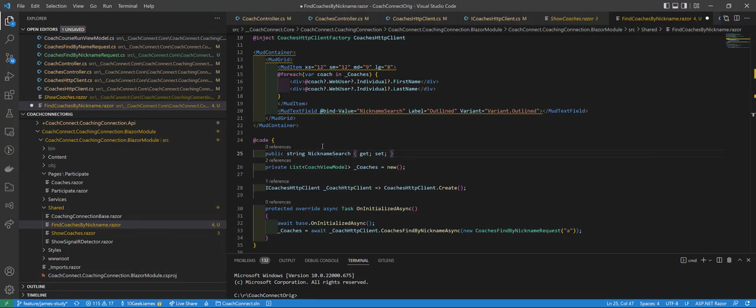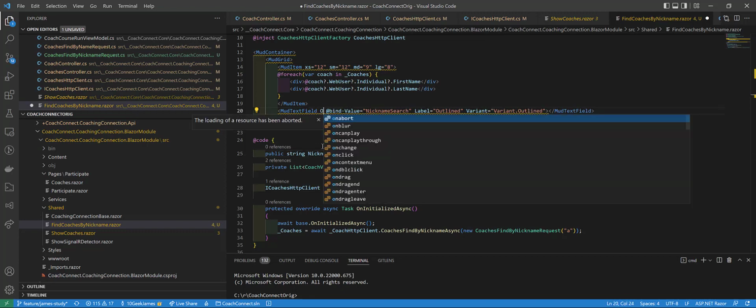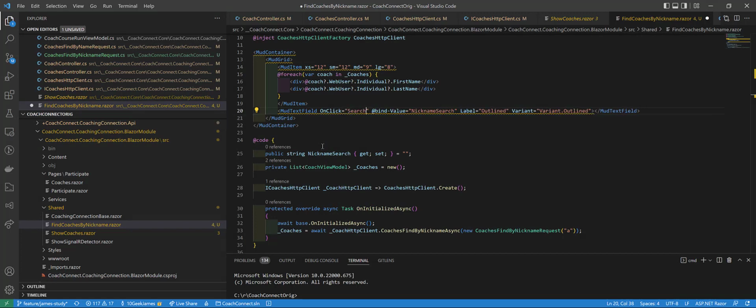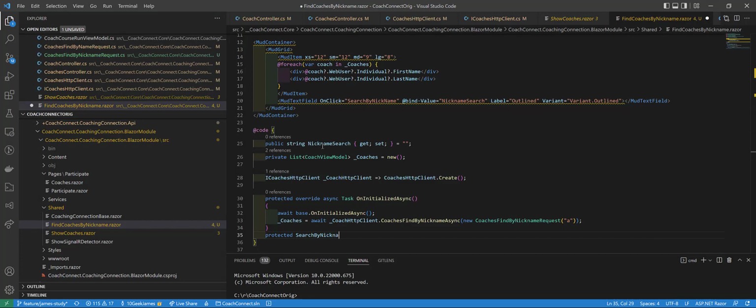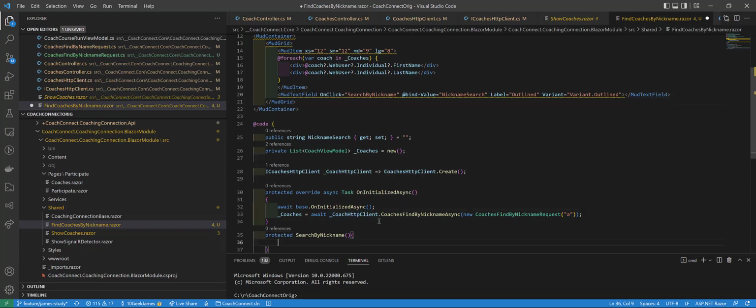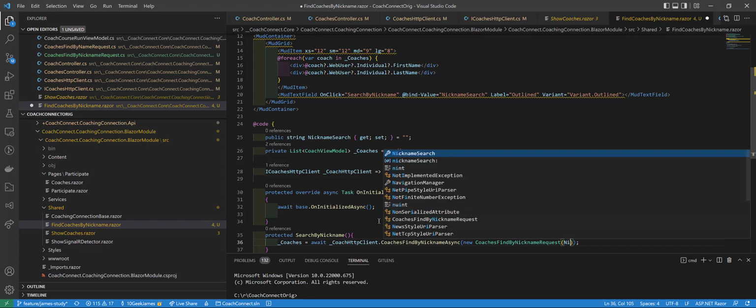alright, so if I have nickname search and life is good and we have initial value and I want to search by nickname, we could now say bring this to here, and we could say nickname.